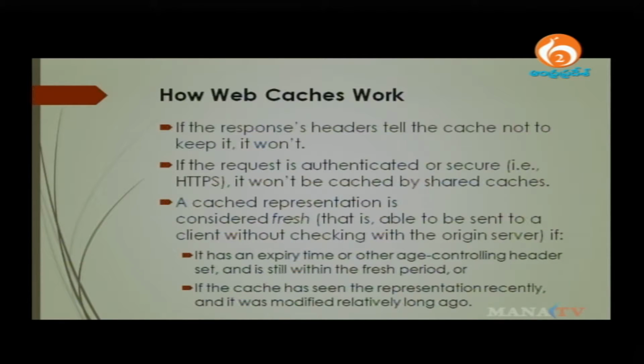A cache representation is considered fresh, that is, able to be sent to a client without checking with the original server, if it has an expiry time or age-controlling header set and is still within the fresh period, or if the cache has seen the representation recently and it was modified relatively long ago. So if the response headers tell the cache not to keep it, then it won't. That means